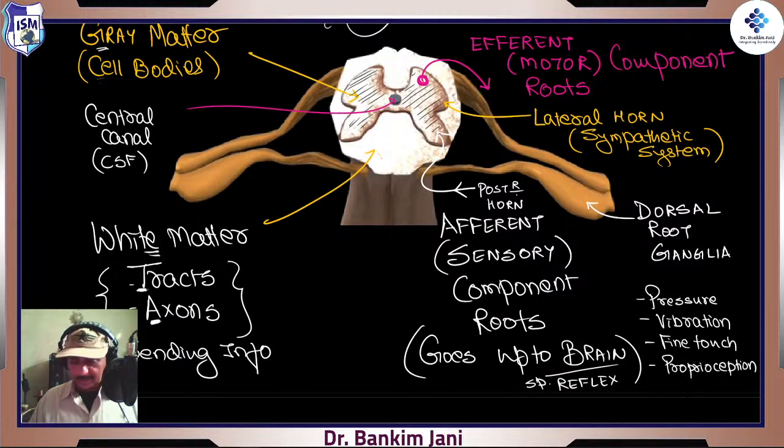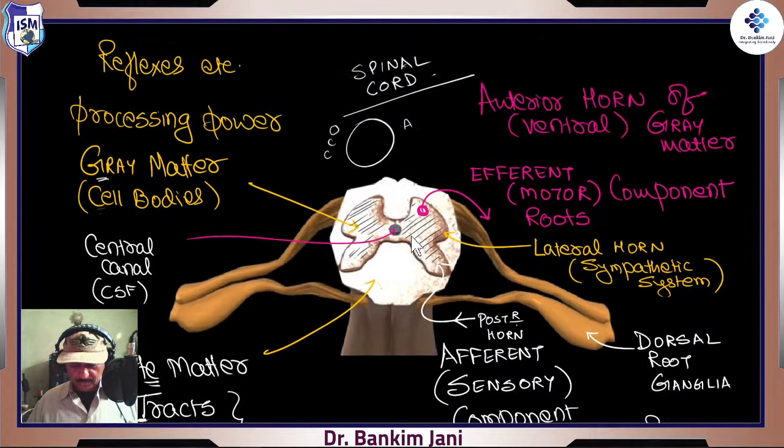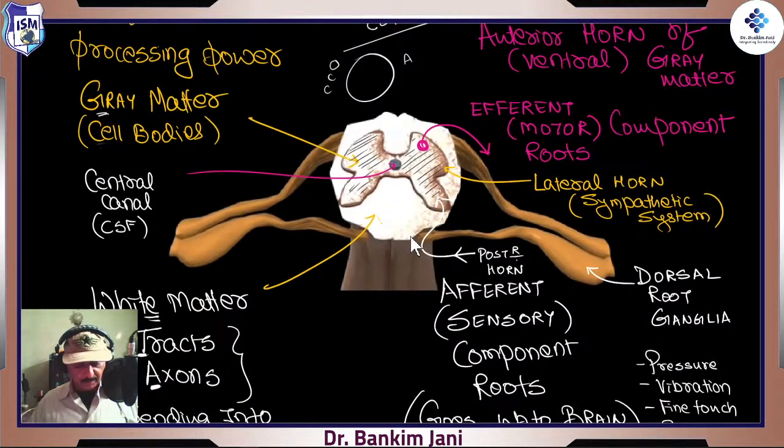Okay, so that was our first impression of today, that that's how things really go in the spinal cord, right? Gray matter, cell bodies, they are inside, and the white matter is outside. Okay,